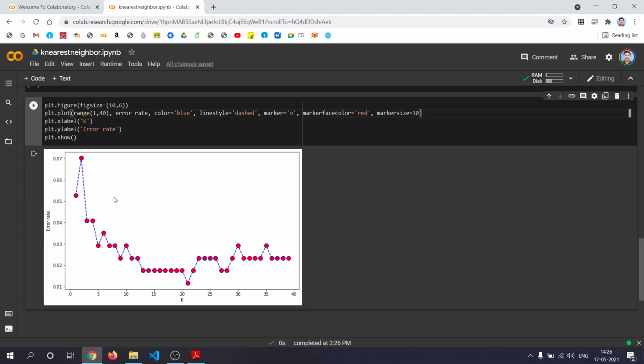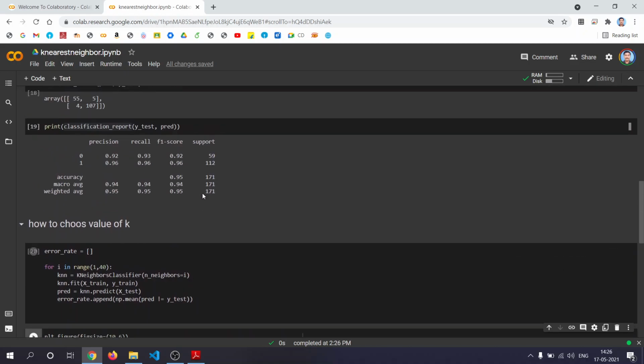Right. So this is the error for k equal to 1, this is the error for k equal to 2, k equal to 3, k equal to 4, all are having the same error, and the minimum error was obtained for k equal to 21, right? So this is how this figure can be interpreted.